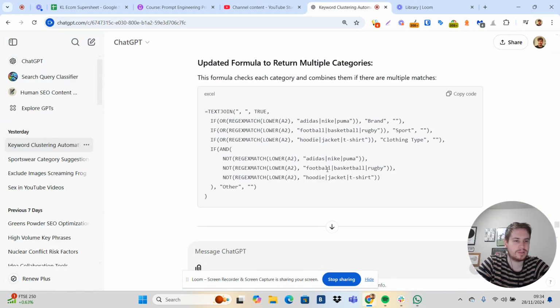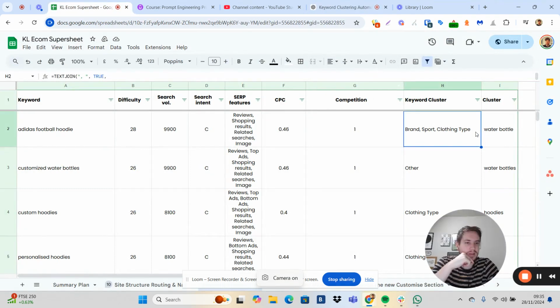I'd always suggest that you use singular words rather than plurals because hoodies would not show up for hoodie, if that makes sense. So if you're just doing flavors, don't put like strawberries, just put strawberry, and then it should catch all, or put like a partial bit of it like straw. But yeah, so that's a quick keyword clustering tool, and I've just dragged this down to the bottom, and